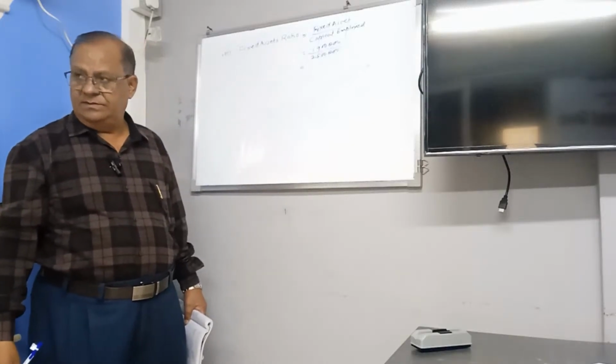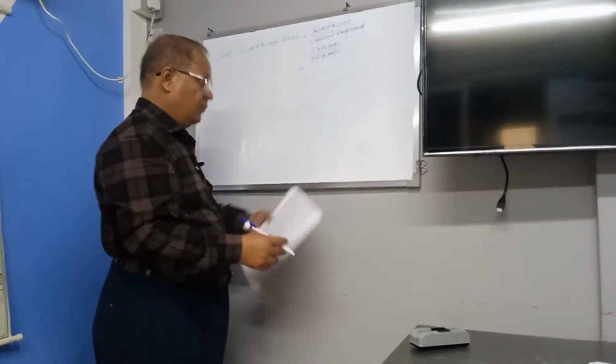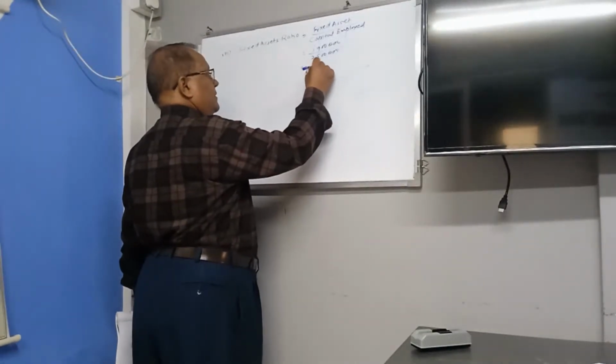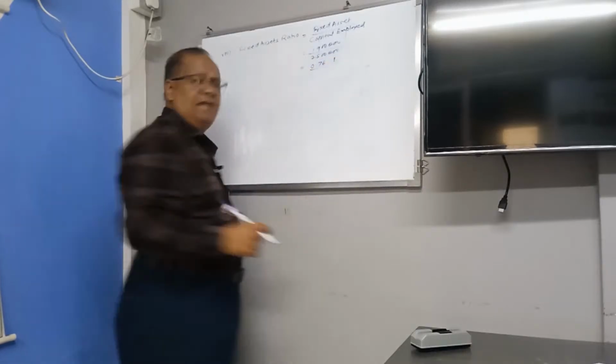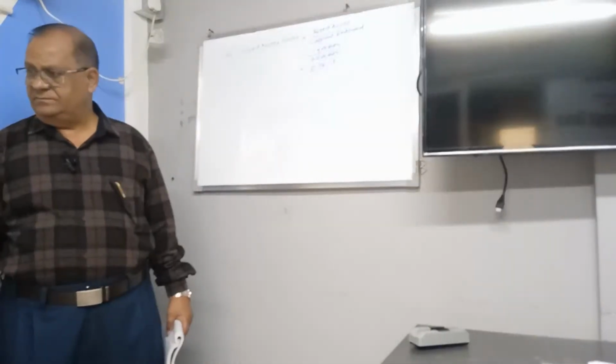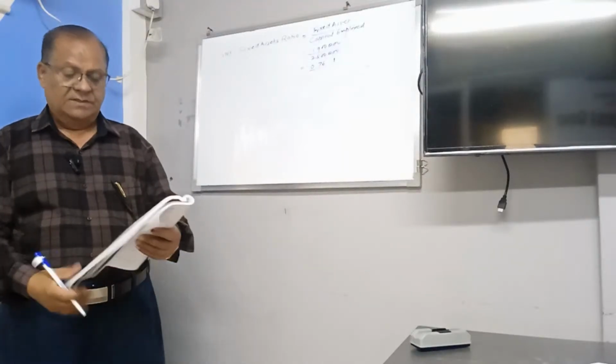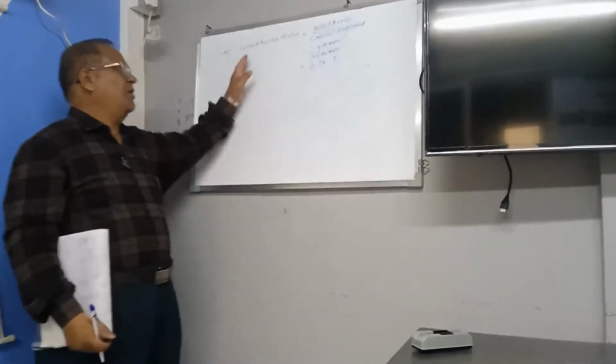How much will you get? 0.76, correct. 0.76 is to 1. Every time, you have to write "is to 1". Don't forget to write it. So that's it for the problem number